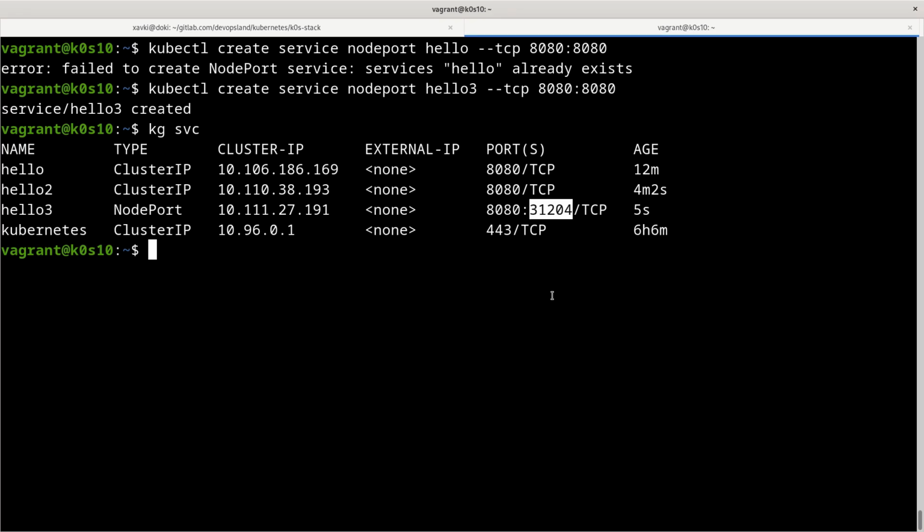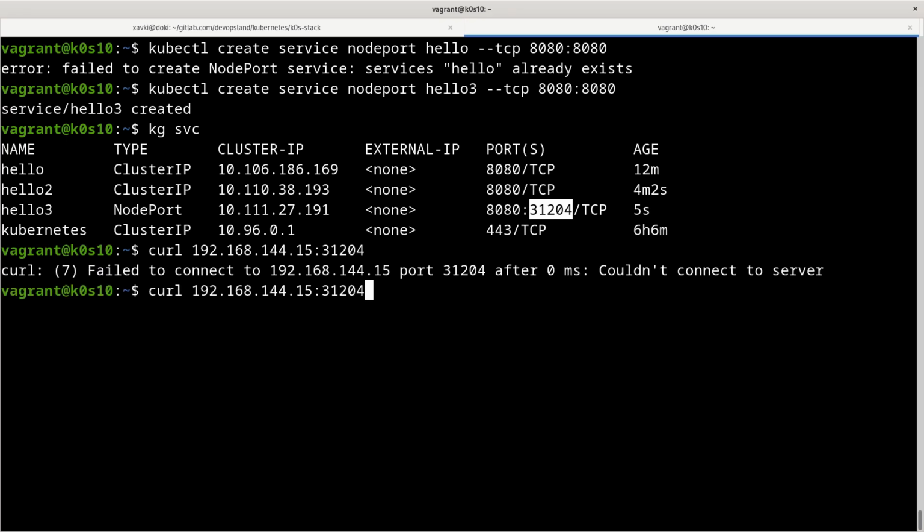To check that, we can just reuse our external IP, and I can set this port. This is a dynamic port, and if I curl it, maybe just an error again.